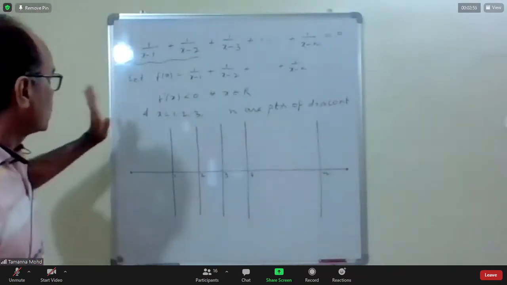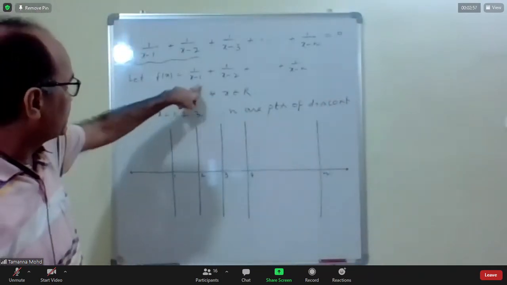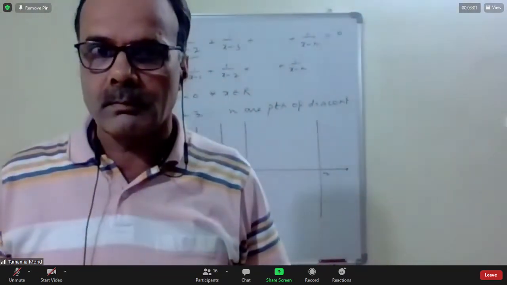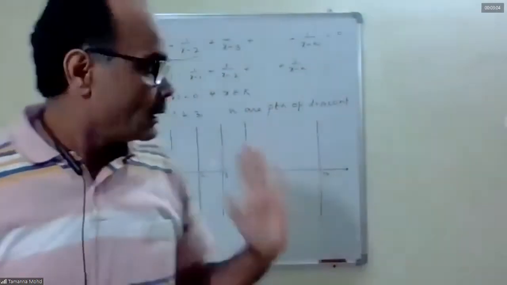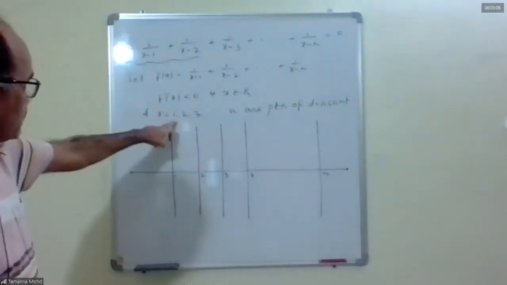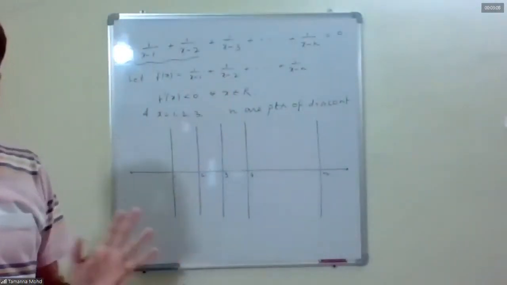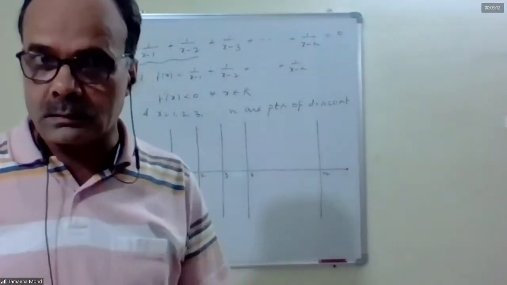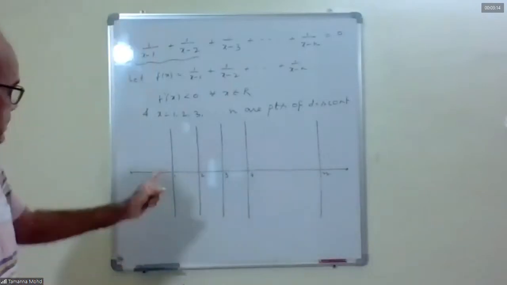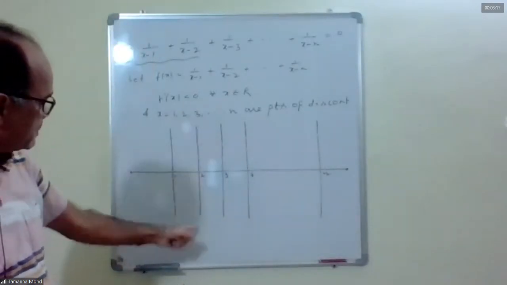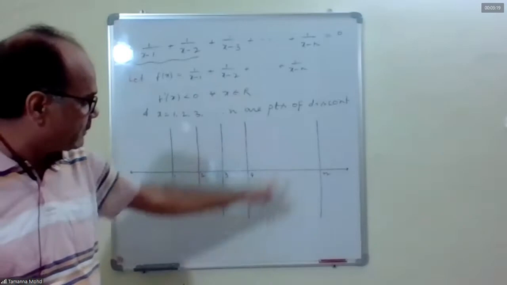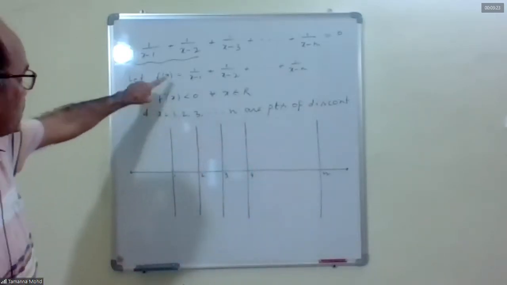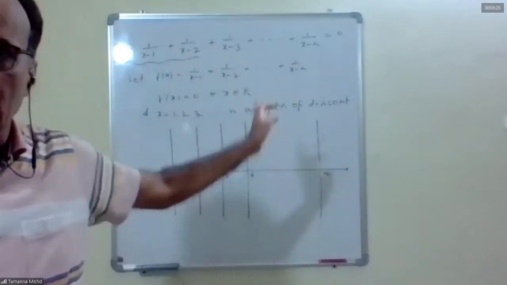So first define this. Derivative is negative, entirely decreasing. There is no point at which derivative is 0. There is no critical point. So only these are points of discontinuity. I am just telling you how to plot the graph of functions which are discontinuous. So just draw the vertical lines at which the function is discontinuous. And there is no turning point for this function because it is entirely decreasing.